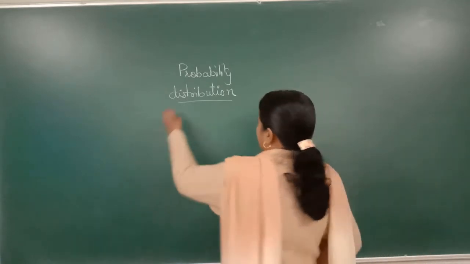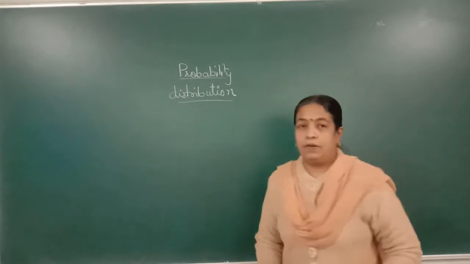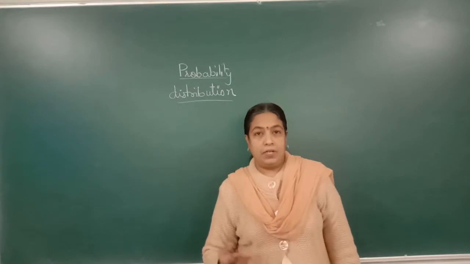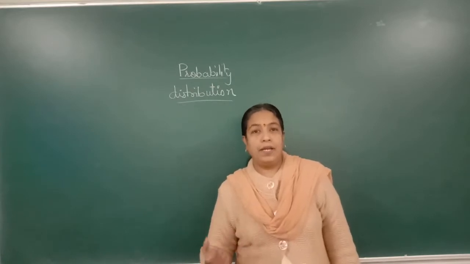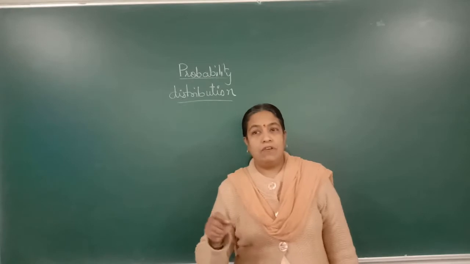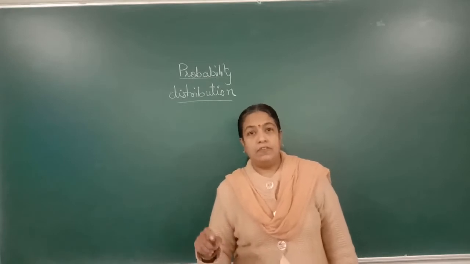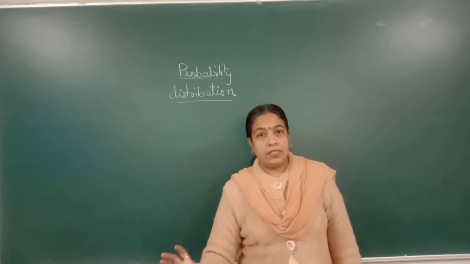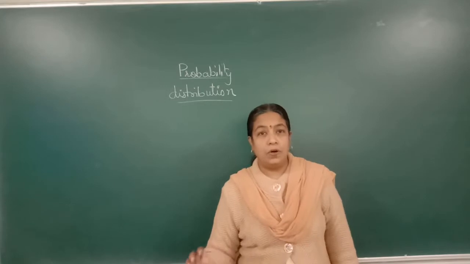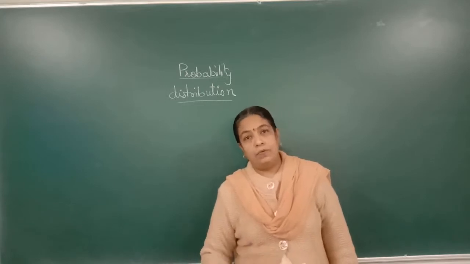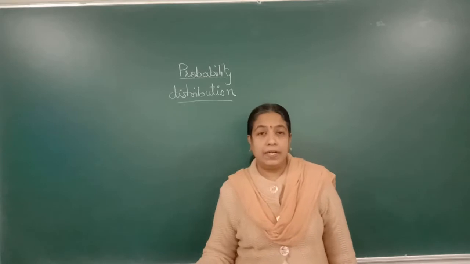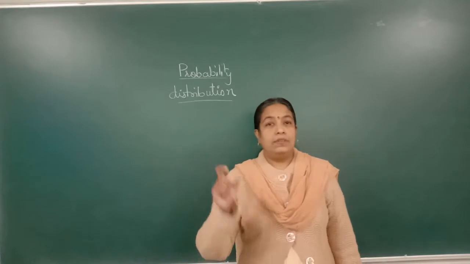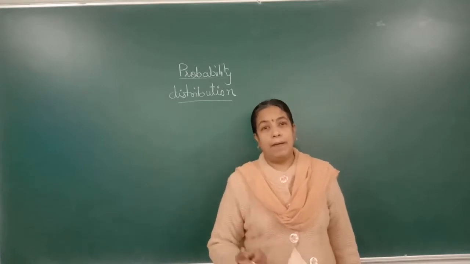Now, probability. You must have heard this word. You must have studied about this in the 10th standard. What is probability? It is a chance of getting the particular result. If you take a lottery, this is an event you are doing, but what are the two cases? Either you will win the lottery or you will lose the lottery. That means 1 by 2 chances are there, 50-50%, of winning or losing. So that particular value is called probability.